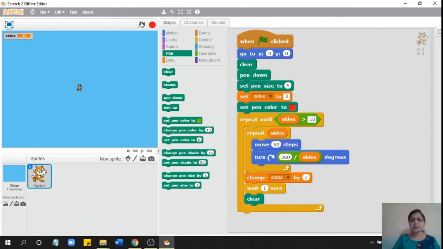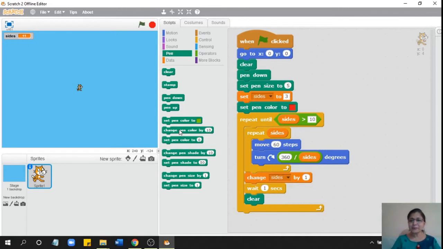Okay, now this is working the same. This much code is going to work for so many sides. I can have more number of sides also if I wish over here, but I will stick to 10, maximum 10. Okay, so the same code is working to draw different types of polygons.